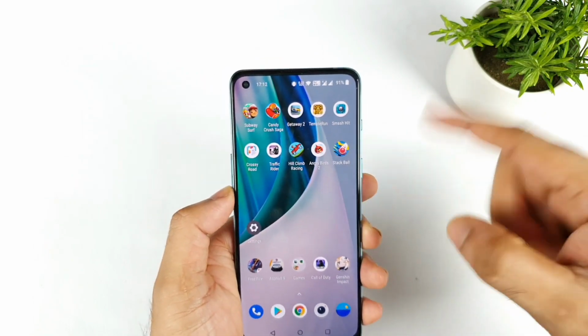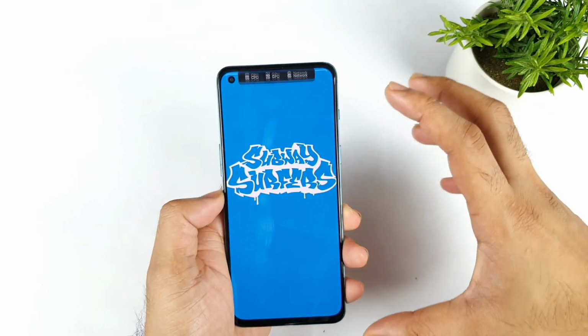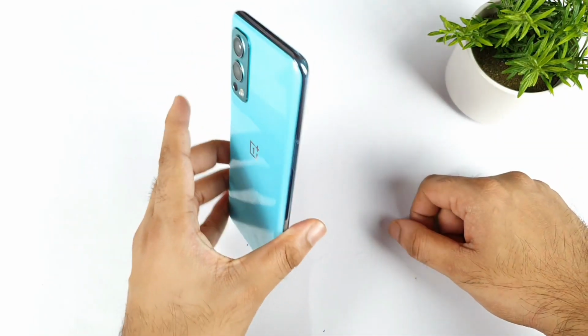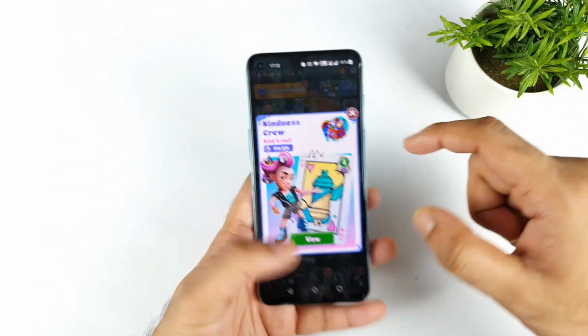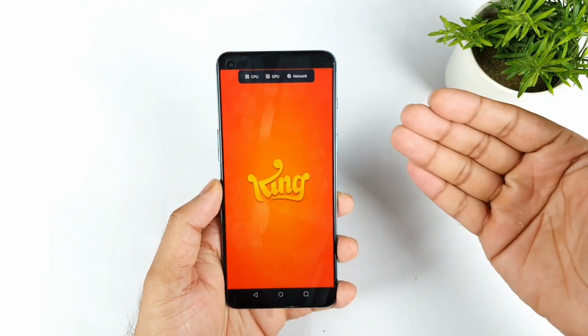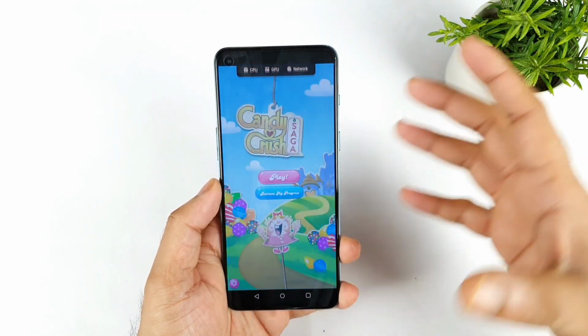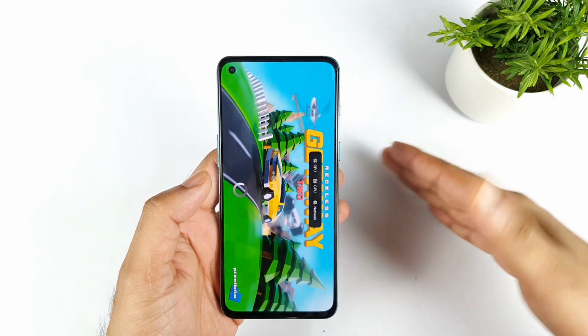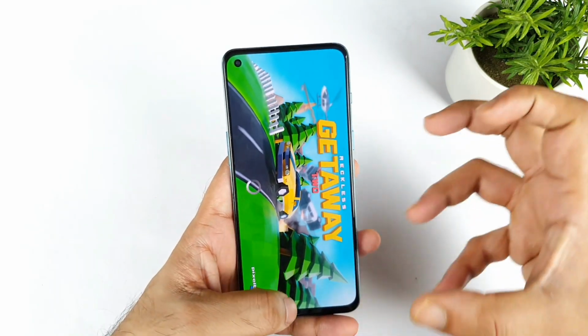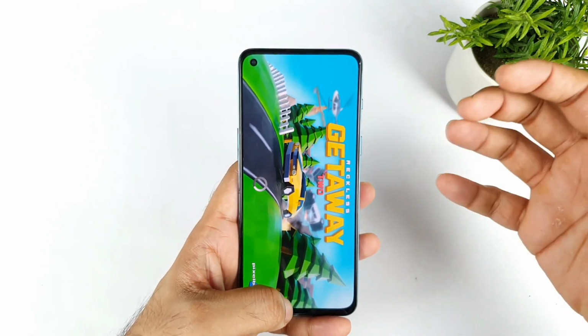But let's see whether the phone will be able to store these games in the background or not. That's my main point in making this video. If you've watched my previous videos about the OnePlus Nord 2, you will definitely understand. In RAM management, in terms of applications, it was working fine. Loading 10 or 15 applications was not an issue. But keeping games in the background, the phone was unable to do it.